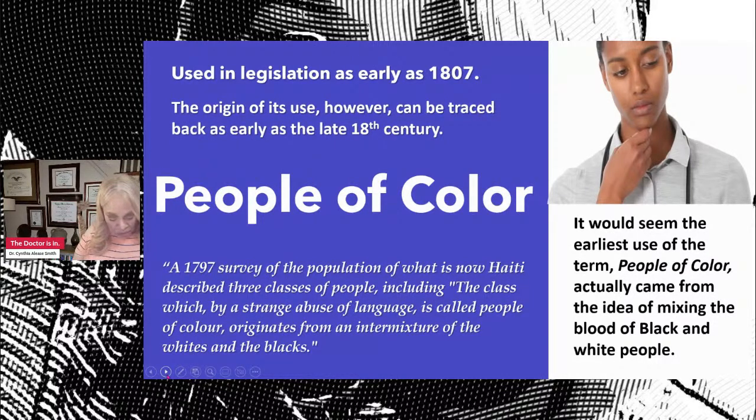According to the above reference, it could be seen that the earliest use of the term people of color actually came from the idea of mixing the blood of black and white people. Isn't that interesting? That whole idea of black blood, white blood. I mean, come on. That's another lecture. Anyway,